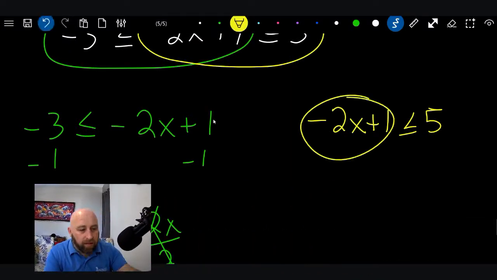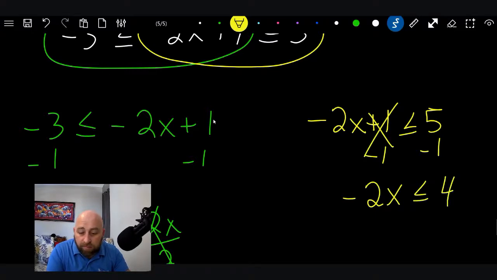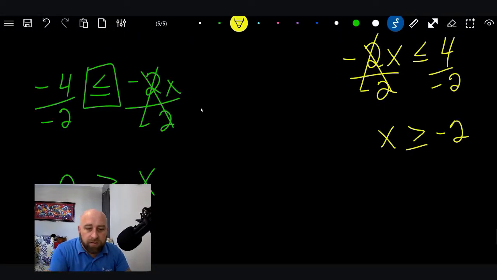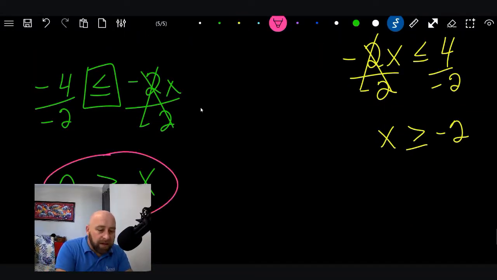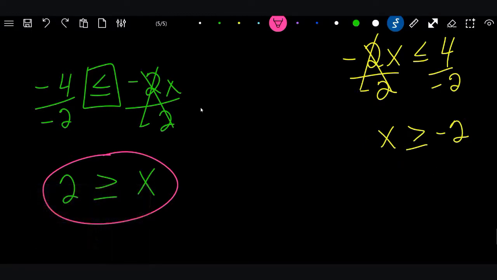So this right here, I want to get x by itself, so I want to subtract 1. So I get 2x, that cancels, is less than or equal to 4. I'm going to be dividing again by a -2. Okay, so be careful here. We got to flip that sign again. X is greater than or equal to -2 is what you get there. All right, so here's our critical numbers. We have that critical number and that critical number, or in other words, we have 2 and -2 as critical